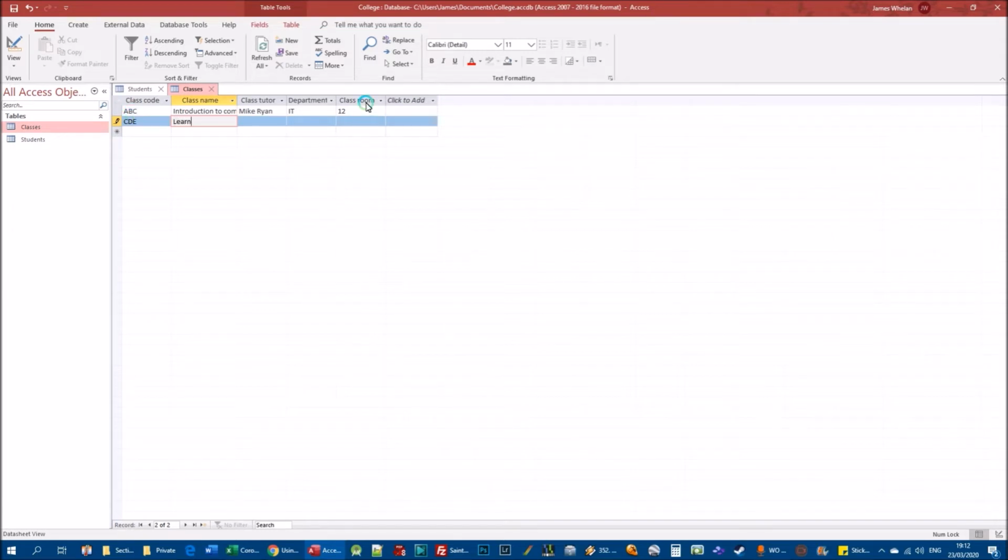And let's say learning woodwork, and let's say Alan Jones. Note that the class tutor, ideally, this is not a good idea for a field name. You'd normally have the class tutor's name split into two, but just for the sake of keeping it simple, I've just put the class tutor's name in as one field. Department, let's say, it's in the crafts department, and let's say it's in classroom 3. And we'll add one more,